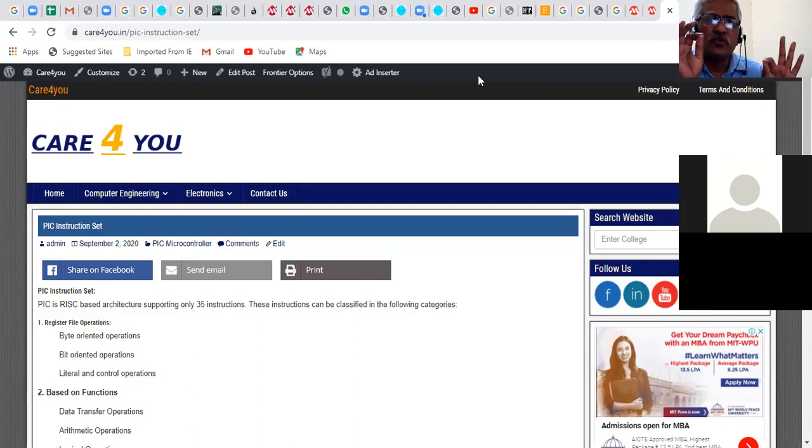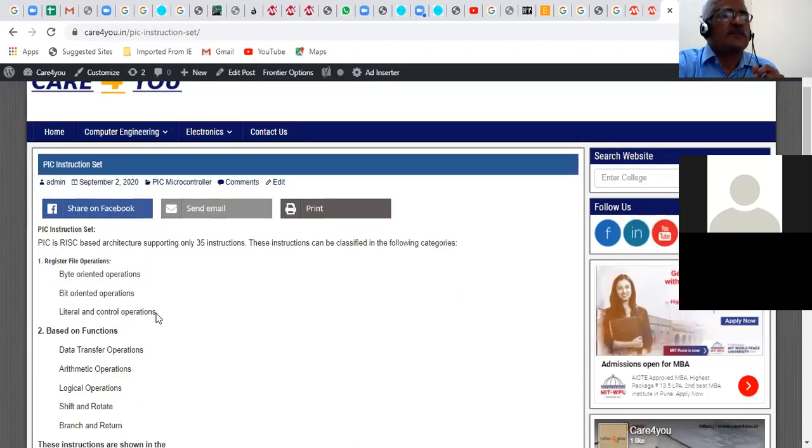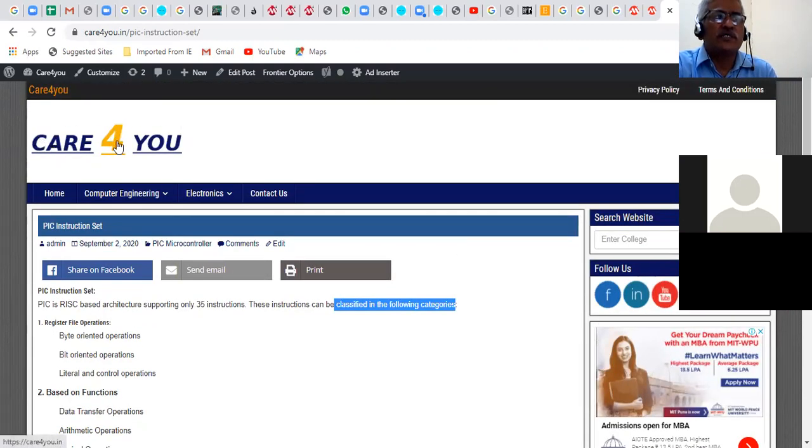Right? So you got to know the platforms. You have a number of compilers available. MPLAB is free of cost. You can download it from microchip.com and install it onto your machines. So let's now come back to the instructions that I was discussing. The PIC instructions, as we have been discussing about the others, can be classified into the following categories. You can see the notes. The notes are here for you.